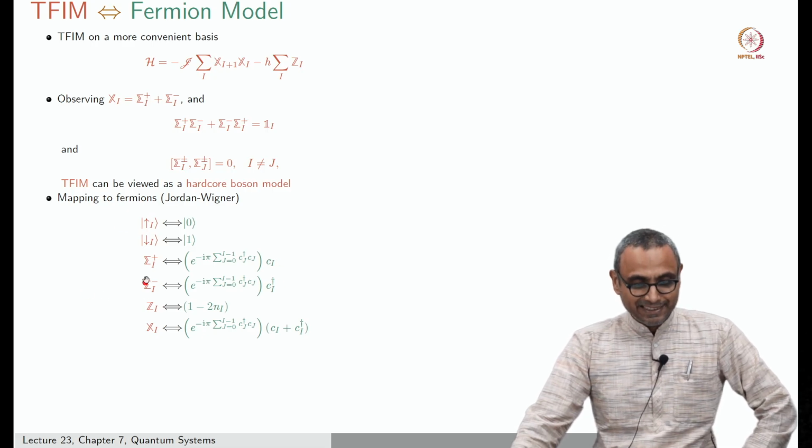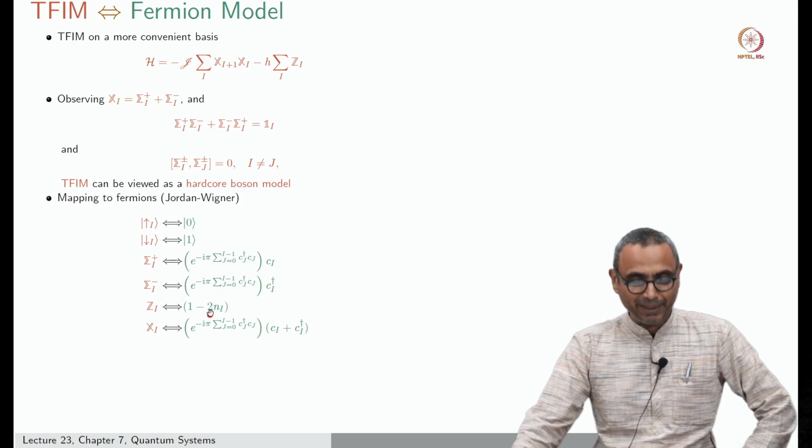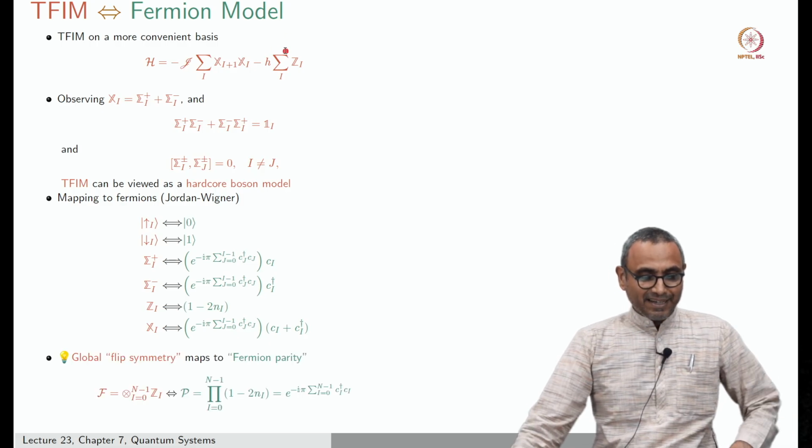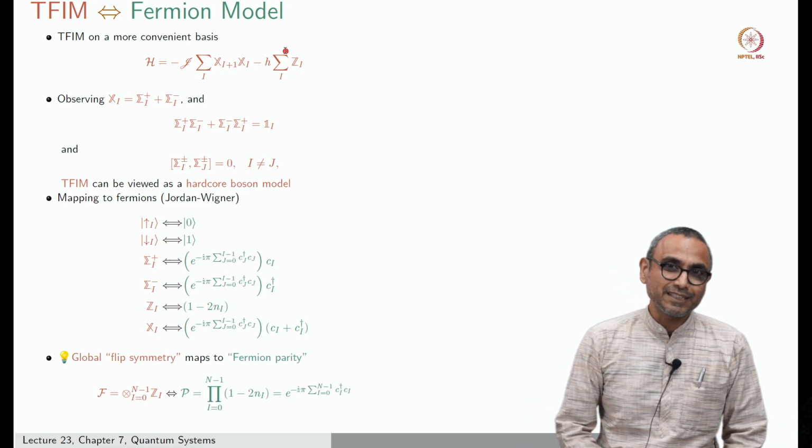So, the dictionary is this. Whenever I see sigma plus, I need to replace it by this, and whenever I see Z, I should replace it by 1 minus 2 n_i; when I see X_i, I should replace it by this. This is a dictionary. I take this and put it into this expression, and you will see that in this process of mapping